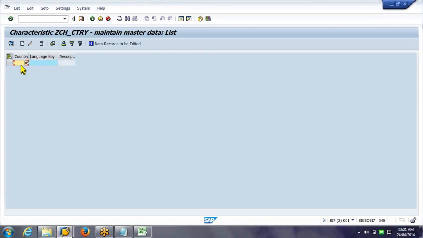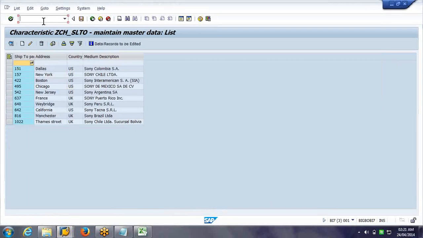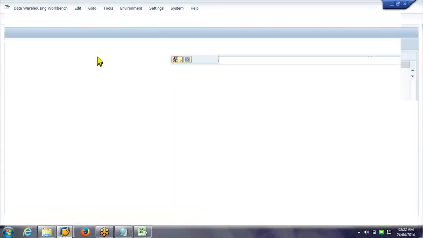Now the main point why I'm going into such detail is this info object, the ship to party. I'm using it in the cube, right? While designing our cube, we use the ship to party. So just go back to your cube definition.